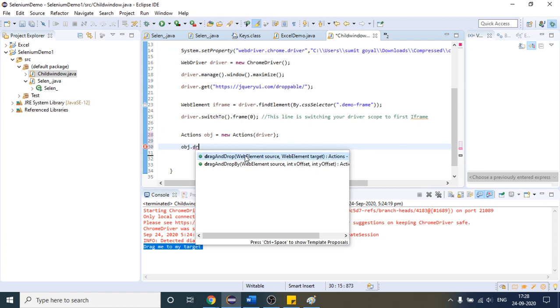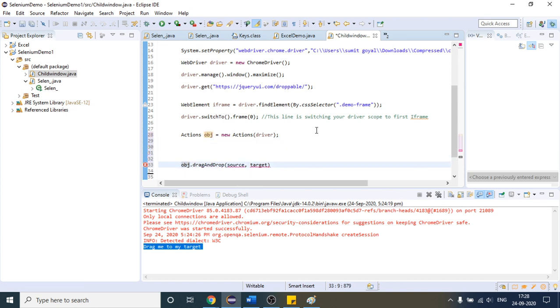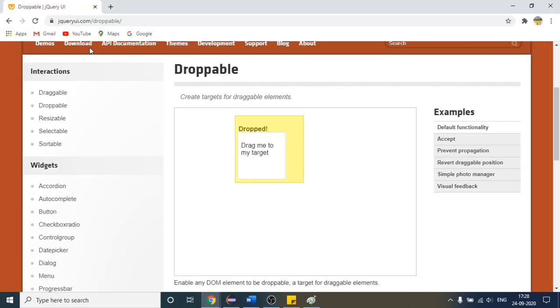You can provide XPath, or CSS, or any other locator. With the source, you tell the source, and to tell the target you can use a web element again. You can write XPath or CSS also. So first I will write the web element. Let me open this. Let me refresh it again.